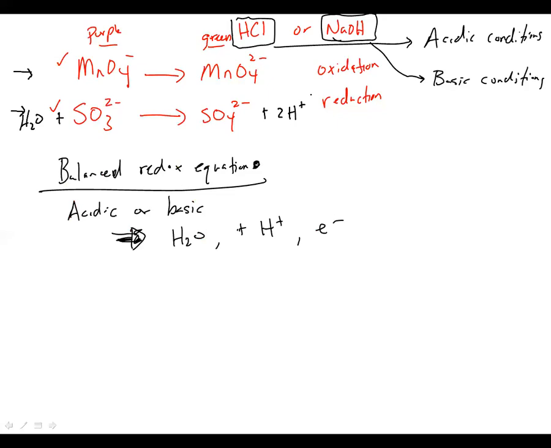So part two, not too bad either. Again, you're basically going to be looking at some observations. You're going to use that table to figure out what species are present. And then in part two, based on whether you added HCl or sodium hydroxide, you'll have to decide whether you need to balance these redox reactions in acidic or basic conditions, which again is going to require you to add waters, add the H pluses like we talked about, add the electrons,